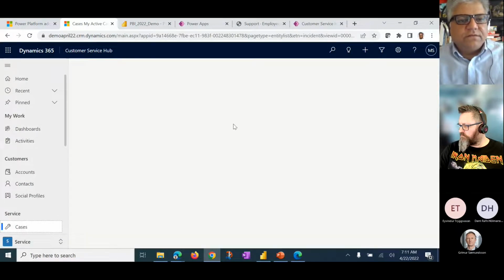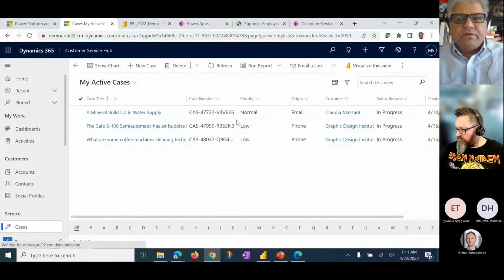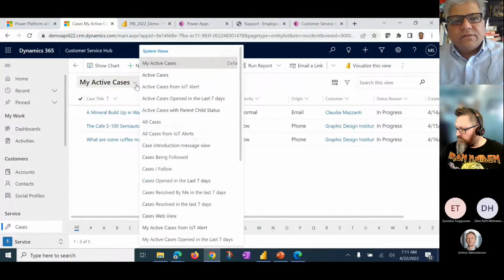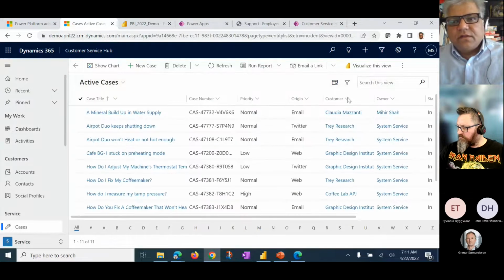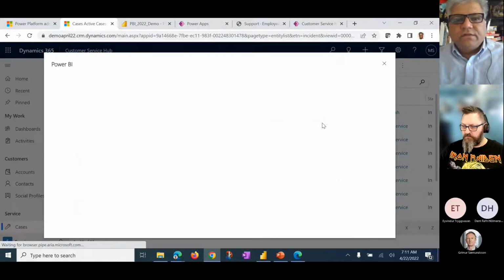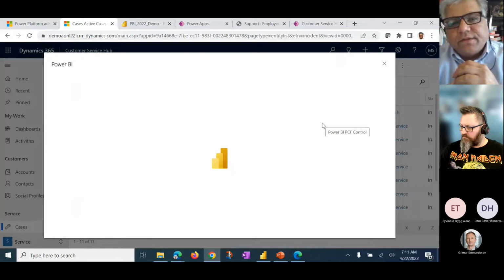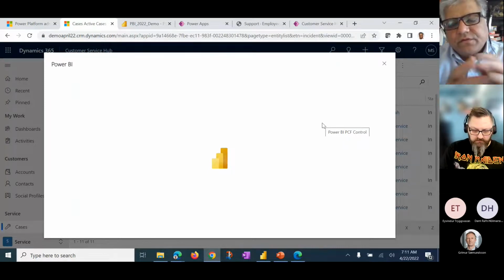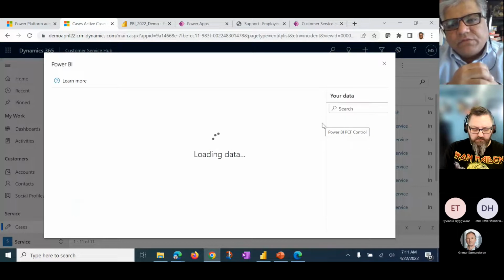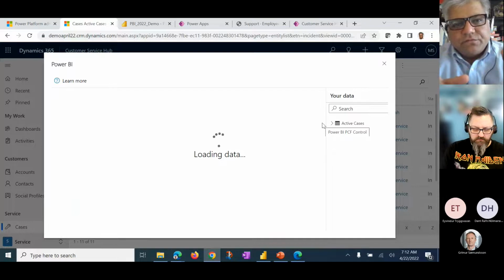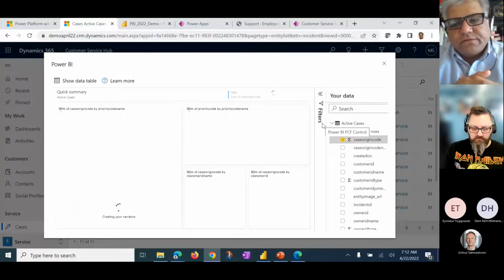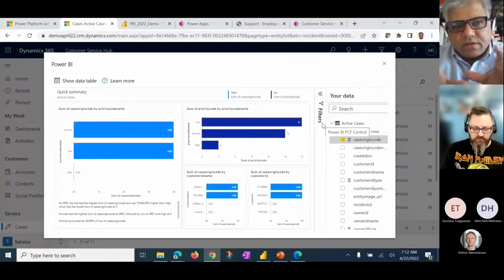If I go to cases, I can see my view, and from within the view, I will see a new button here called visualize this view. For any view I have, I can select all active cases, and then click on visualize this view. What this does is Power BI automatically generates a visual for you based on the view that you have set, and based on that it will automatically create a visual for you. Now this is great just to get a feel of how Power BI works and what kind of visuals are possible,